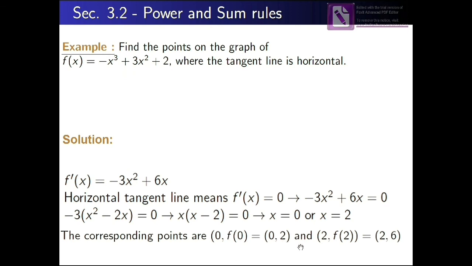And for finding the second point, just go to this function, replace any x by 2, so minus 2 cubed plus 3 multiplied by 2 squared plus 2. This will give us 6. So we have 2 points where our tangent line is horizontal. The first one is at (0, 2), and the second one at (2,